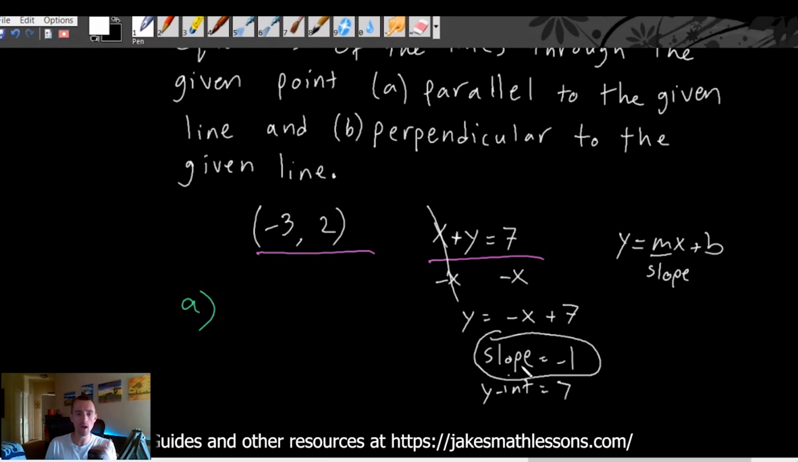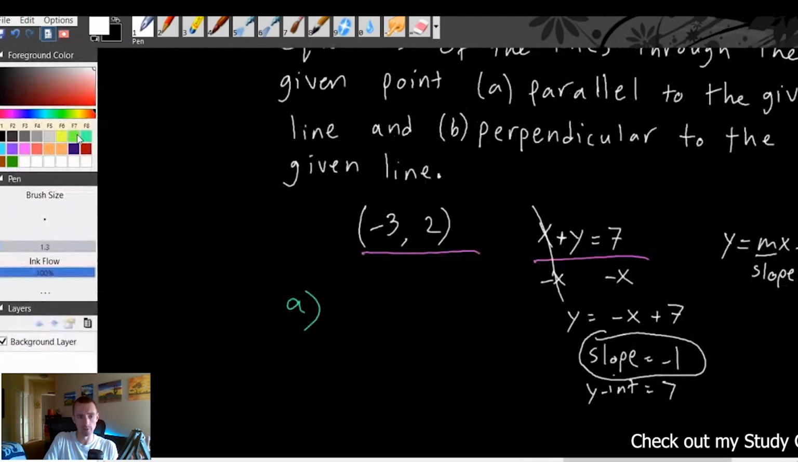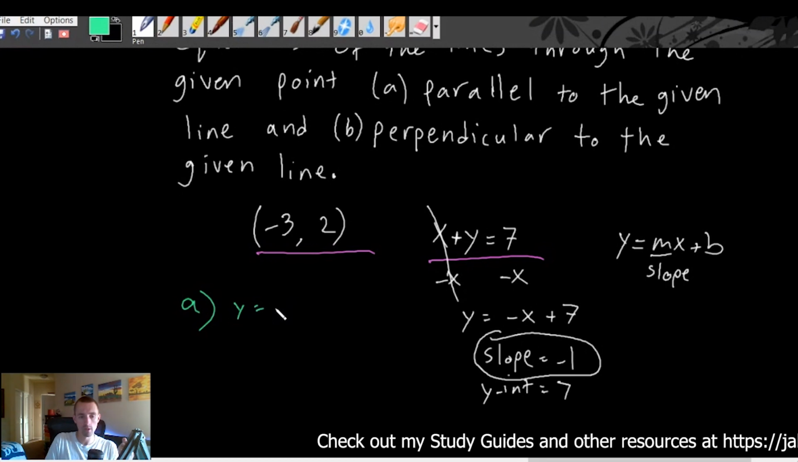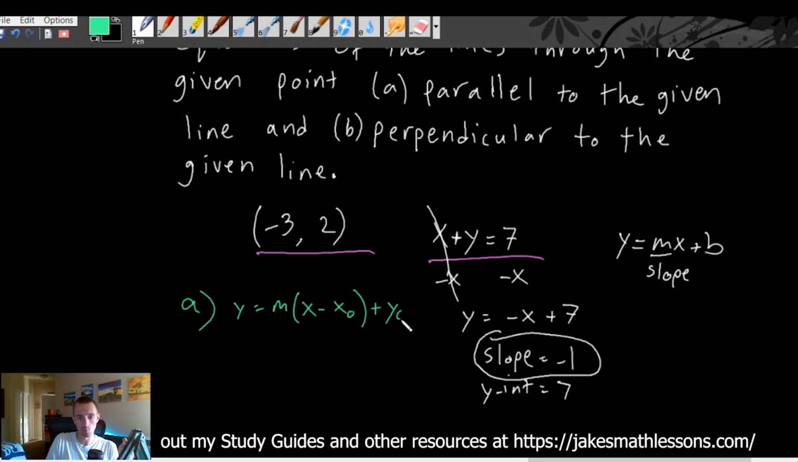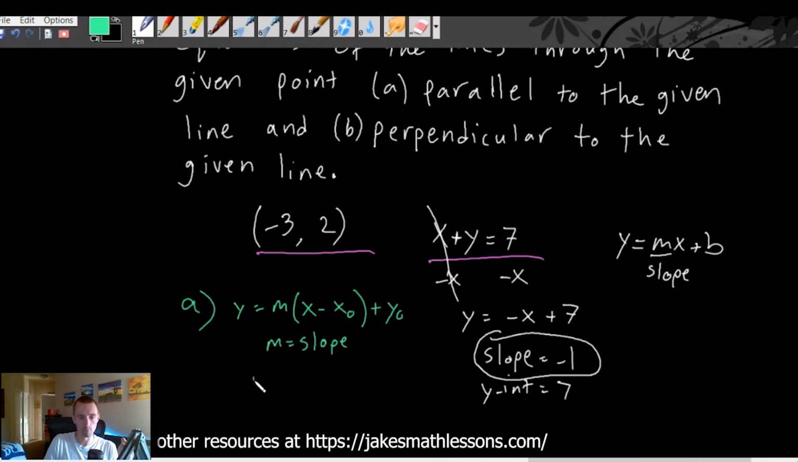So that's super helpful. Now we know we have to come up with a line equation which is parallel, or has a slope of negative 1, and goes through the point (-3, 2). Okay, so to do that, if we know a point and we know our slope, the easiest thing to do would be to use the point slope form of a line. The point slope form of a line is y equals m times (x minus x0) plus y0, where you have a slope of m and goes through the point